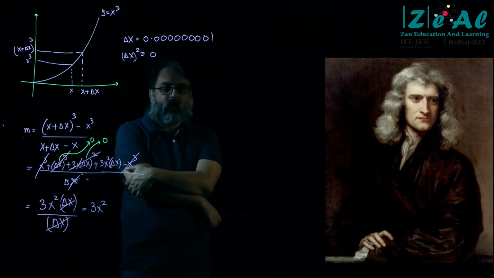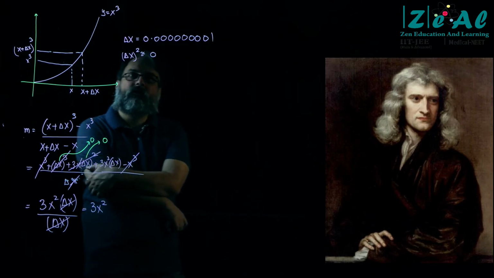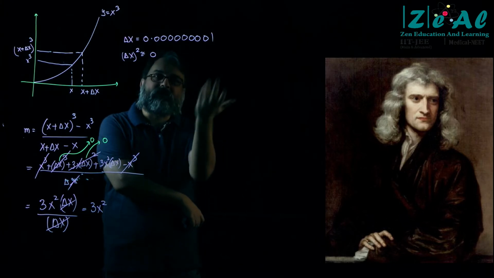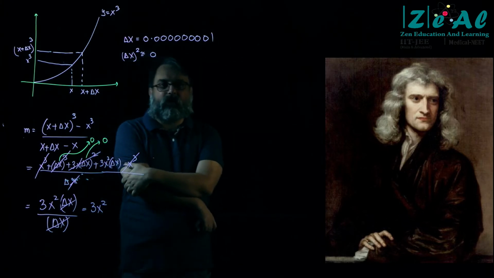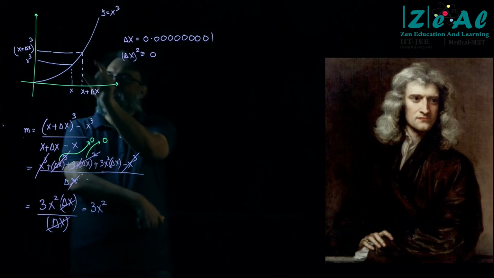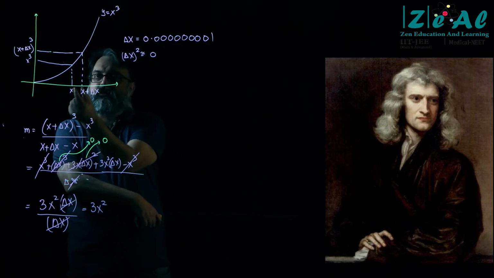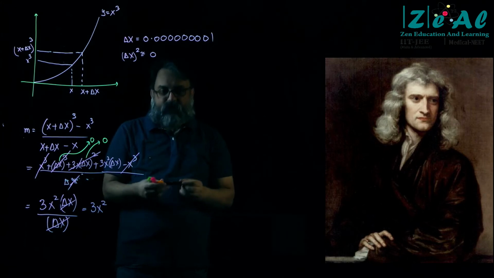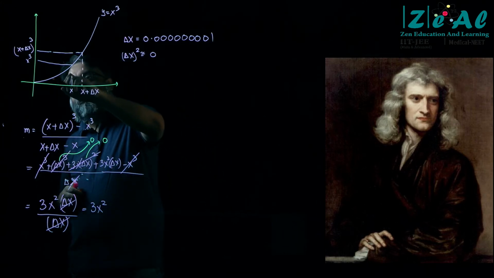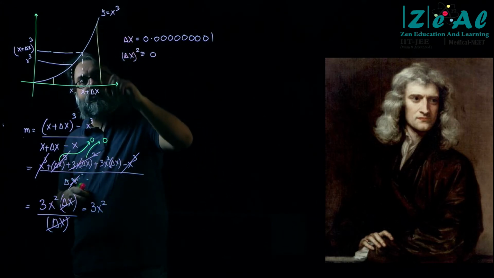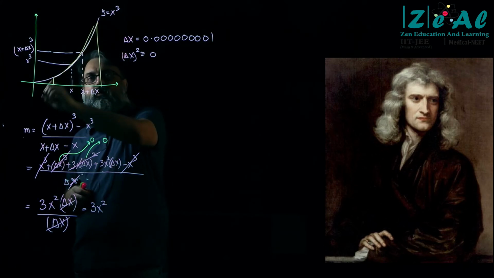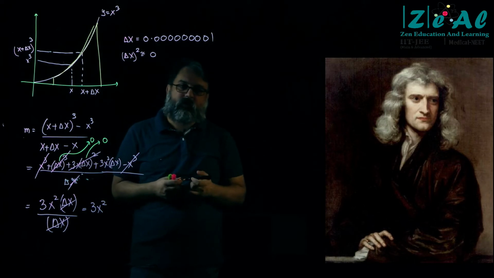Okay, how do I say that delta x square is 0? What is delta x? How many zeros should there be for it to be delta x? How many zeros should there be for this to become such a small distance that this definitely looks like a straight line? Because if I am going to take one coordinate here and one coordinate here, then definitely the thing is not going to look like a straight line. It is going to look like a curve only.